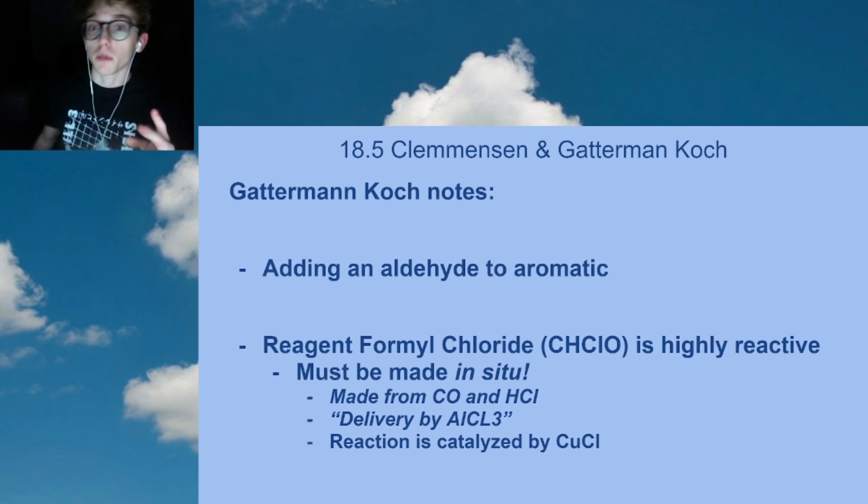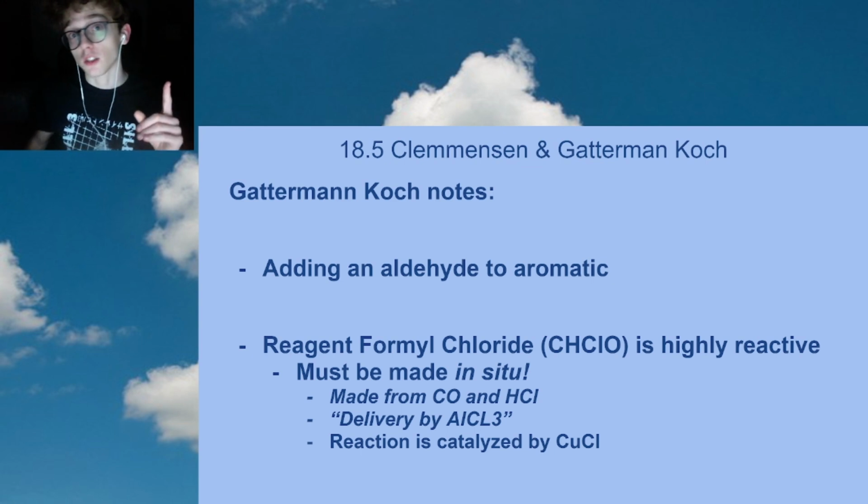We need to use the reagent formyl chloride, but it's highly reactive, so we need to make it in situ. It's made from carbon monoxide and hydrochloric acid. I like to say it's delivered or catalyzed by aluminum trichloride. And again, we just use copper chloride, or high pressures if we don't want to use copper chloride, to make